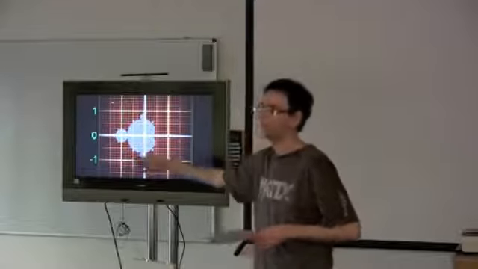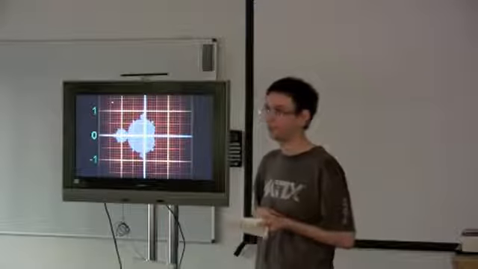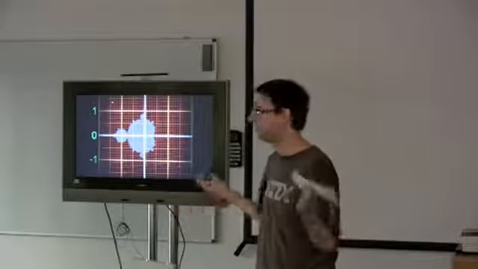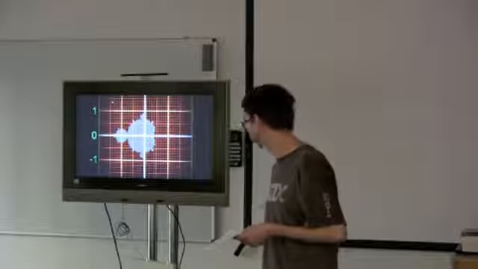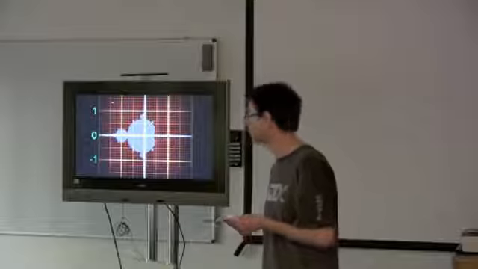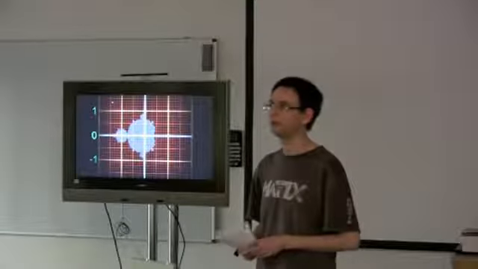Is that part of the Mandelbrot set? Yes or no? If it's no, colour it black. If it's yes, colour it white, or any other colour, really. So it's very simple in principle, but the idea is to say, well, then how do you